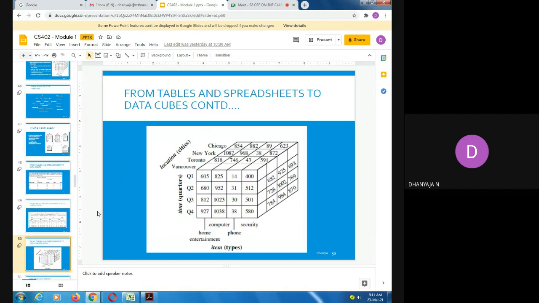From tables and spreadsheet to data cube, here you can see this is actually locations, and the time period and the items sold.